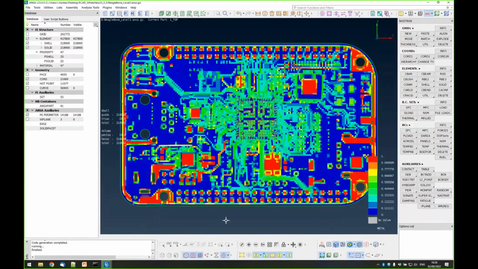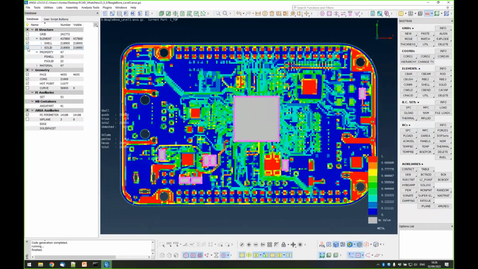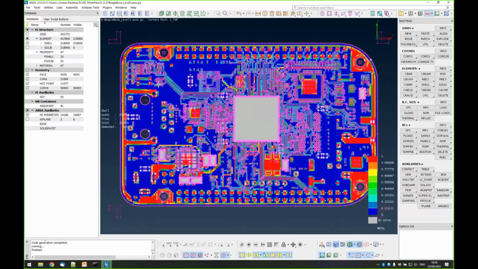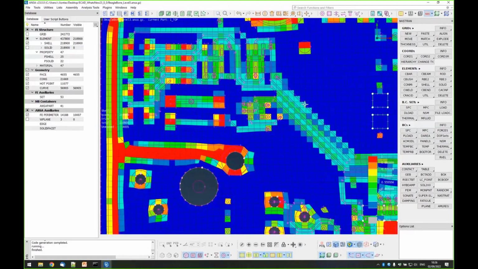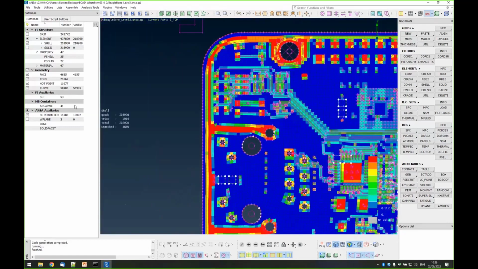And if you want to have a view of the metallization accuracy, let me hide the solids for now and show you the curves. So here you can see how accurately the mesh follows the metallization curves, and how accurate the metallization calculation has been. Finally, let me go to the previous view.